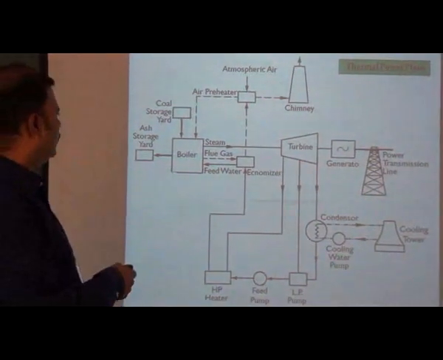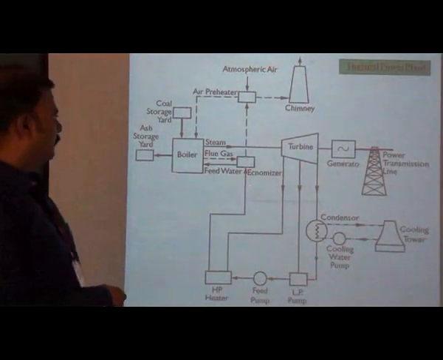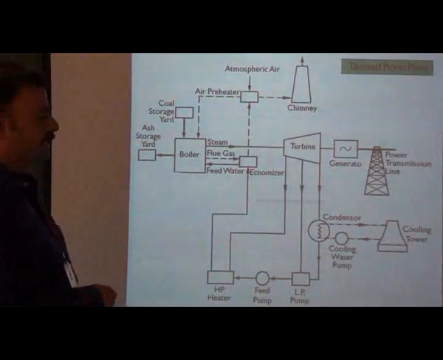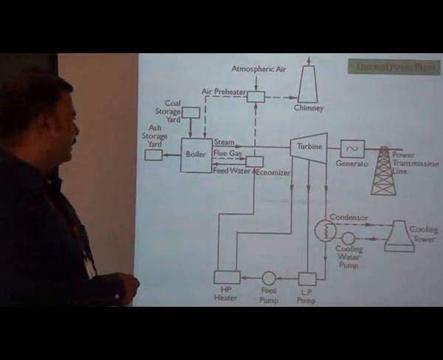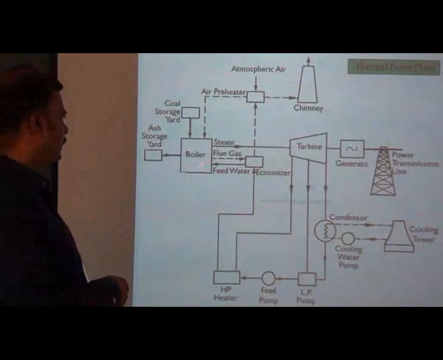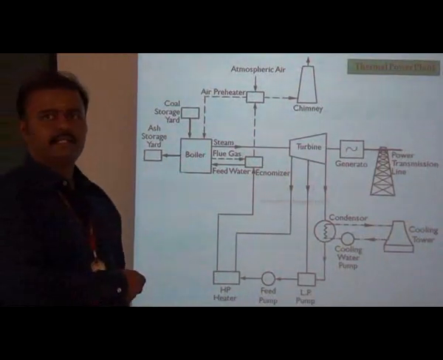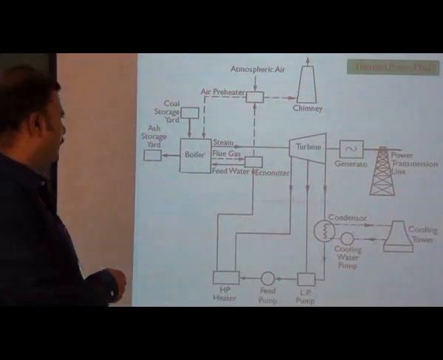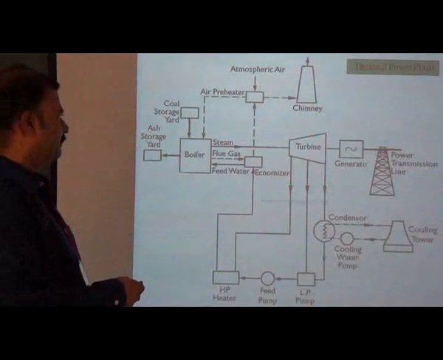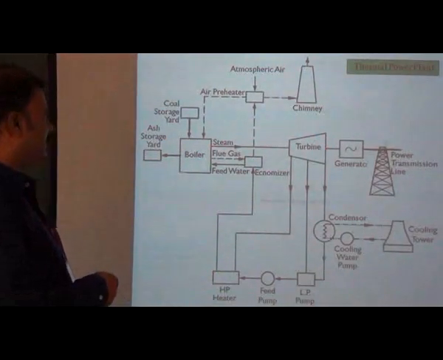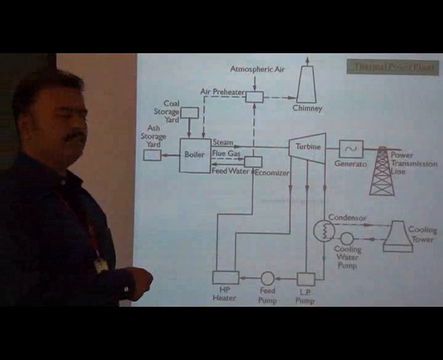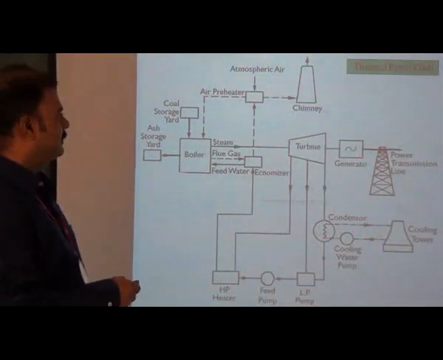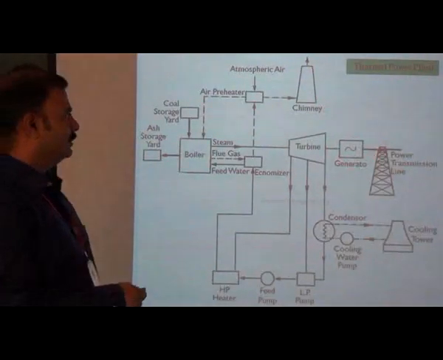The next one is the steam and feed water circuit. Actually the water is the medium to the boiler. Here the feed water passes through the economizer where it is heated, and then the feed water enters the boiler. So the boiler is nothing but a steam generator. Here water is heated and converted into steam. And the steam is used to run the steam turbine. The purpose of the steam turbine is that the kinetic energy of the steam is converted into mechanical energy. And the turbine is coupled with the electrical generator. So the purpose of the generator is to produce electricity.